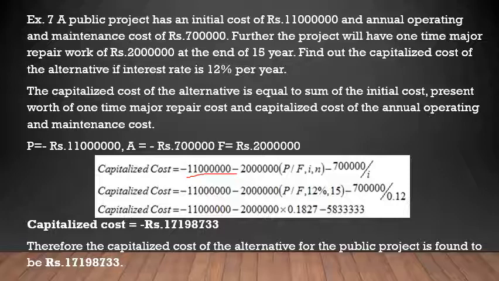Now you can have a question, so why did we not take n as infinity in this case? Why did we stop at the end of year 15? Because it gets repeated every 15 years. Since it gets repeated every 15 years, I need not consider the 20 lakh at the end of 30, at the end of 45. That's not necessary. So even if I stop at the end of year 15, I get the same answer. You can check it. Even if you continue your cash flow diagram up to the 30th year, you will get the same answer.